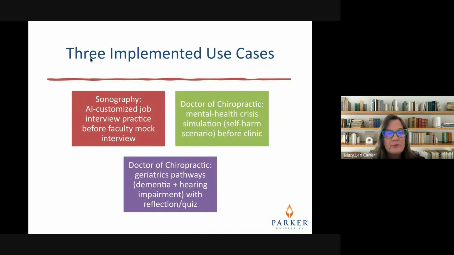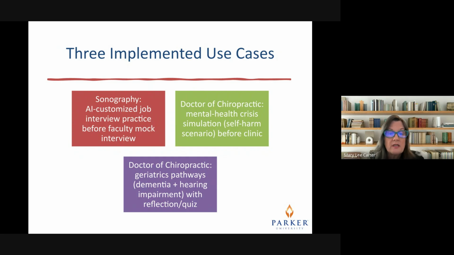So I want to talk about 3 of the use cases that we've been doing consistently across our campus. In sonography, we have a diagnostic and cardiac sonography program, and we've used the job interview practice before they do a faculty mock interview. And what I really love about the AI role play is that I was able to customize this for this last cohort. In fact, we just did their simulation about 3 weeks ago. And we uploaded a job description to customize it so that we could get specific questions about